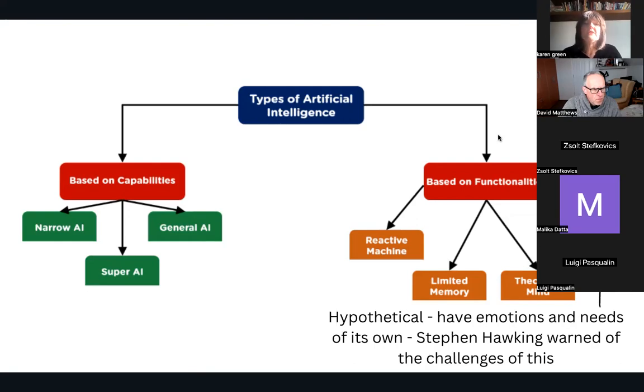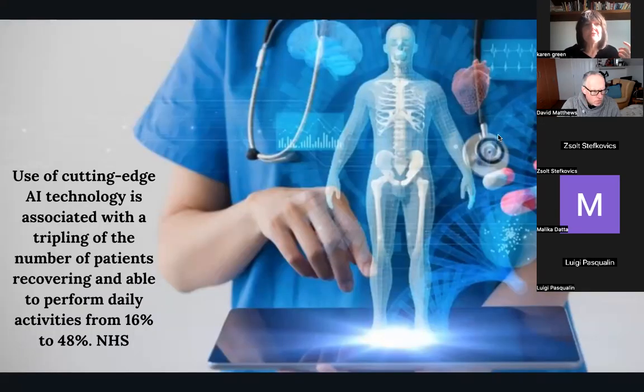And then you've got the self-awareness, and as I say, that's where the robot starts to have feelings and emotions. And as I say, Stephen Hawking was warning that this is where it could all get a little bit difficult. So that's a kind of overview, just to give you some thought processes. So if we dig in, I wanted to give you a quick example.